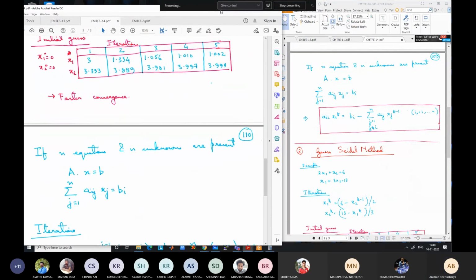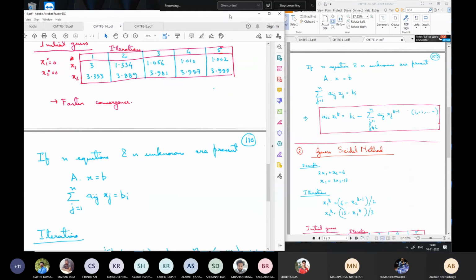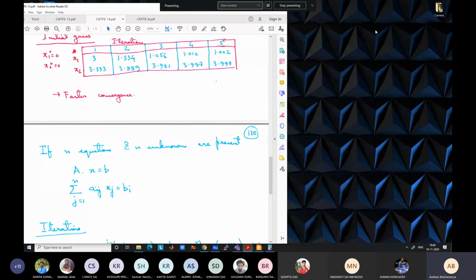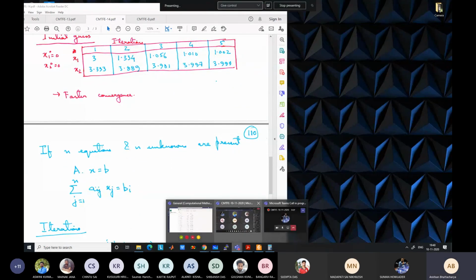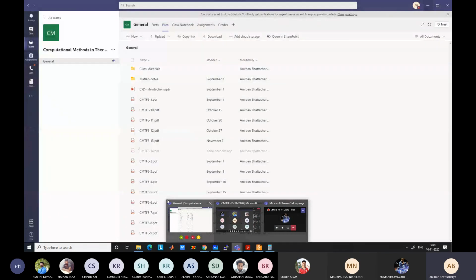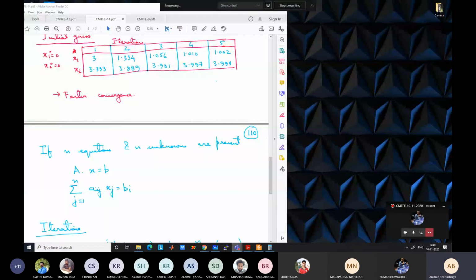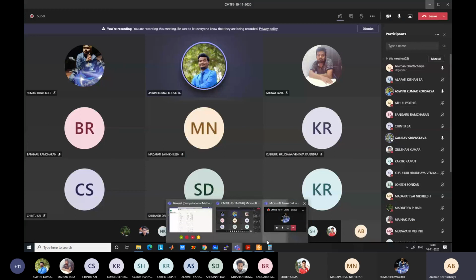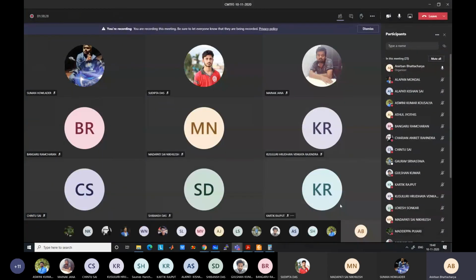Questions? Just take a look at this material which is uploaded already. You can try your own cases also. Start with 3 equations or something. Try to just solve one set of equations, compare with the direct solution from MATLAB, or just for practice you can do something like that.